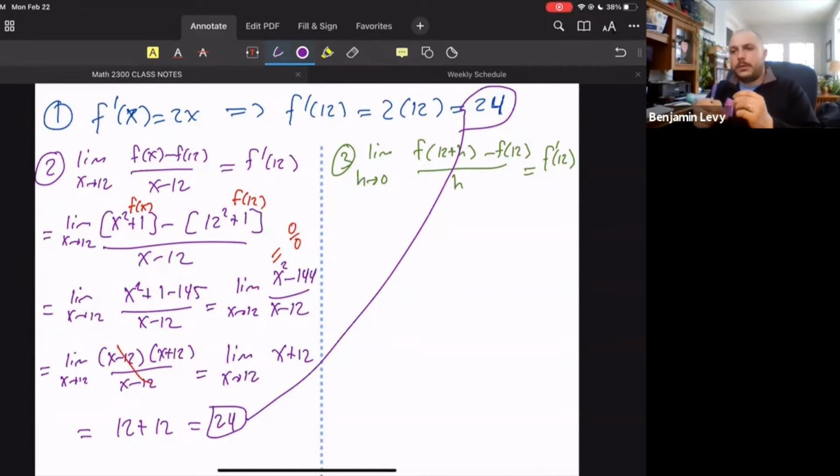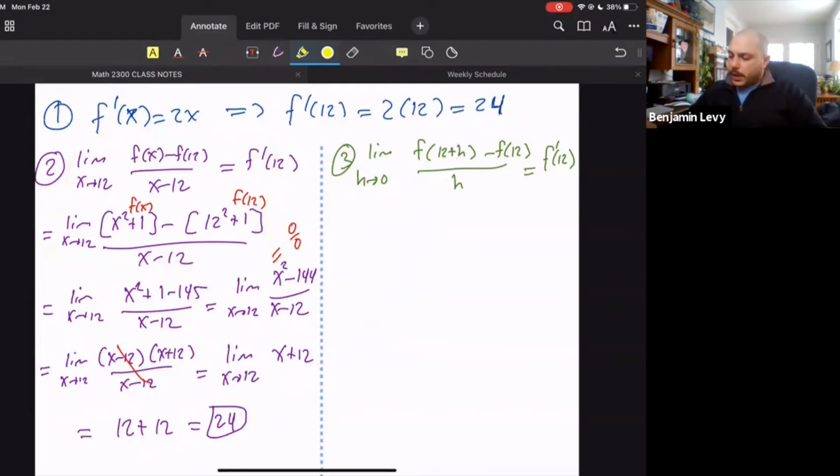Questions? Is that okay? Again, the notation thing. Usually it's this part that people are confused by. Like this, just this first part. That seems okay. All right. So then the second one, again, remember, this is the tricky part of the second one, the 12 plus h thing, right? What are you doing there? That's usually what people get tripped up on. So let's really focus in on that